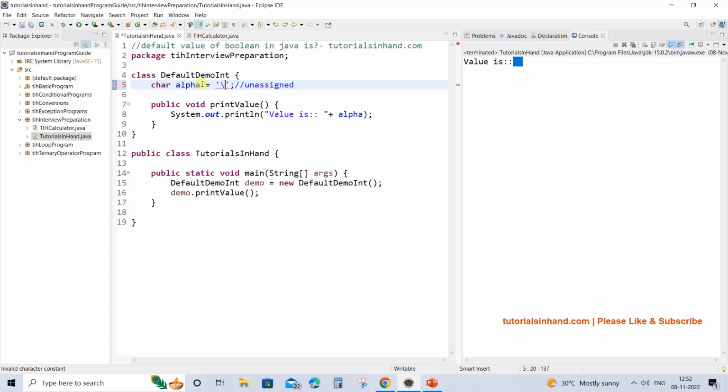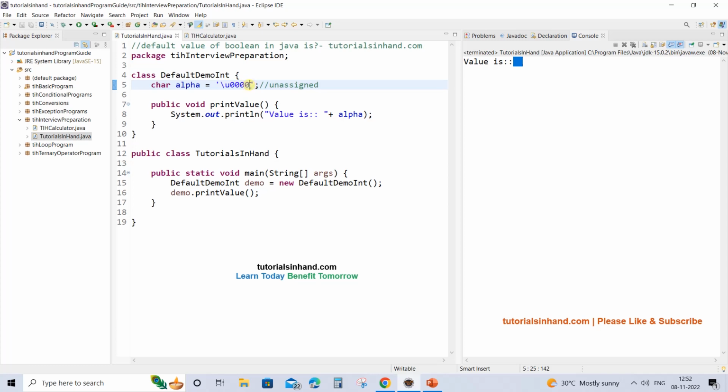The default value is this one, \u followed by four zeros, and this is the lowest value of the character Unicode that is present. If we print this, again you will get the same blank space. So this is the value that a default char variable is assigned, that is \u and four zeros.